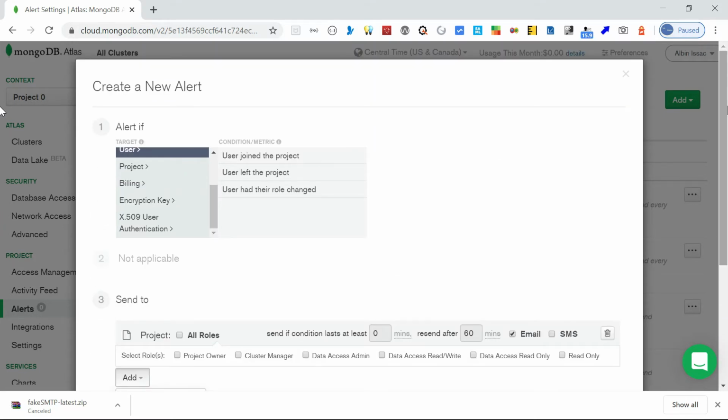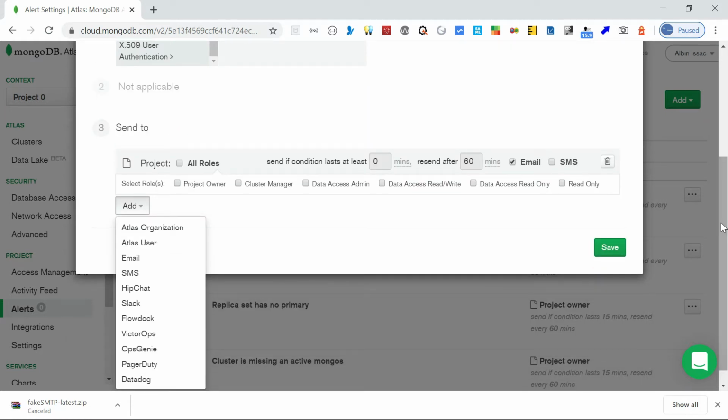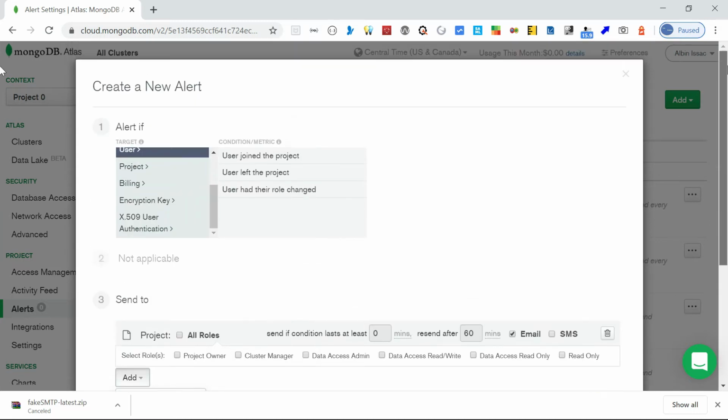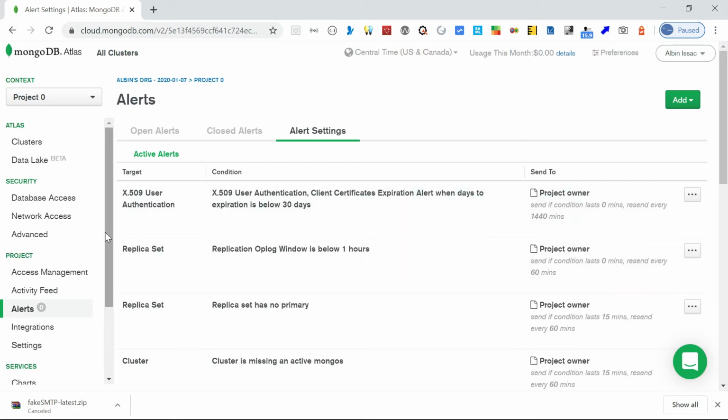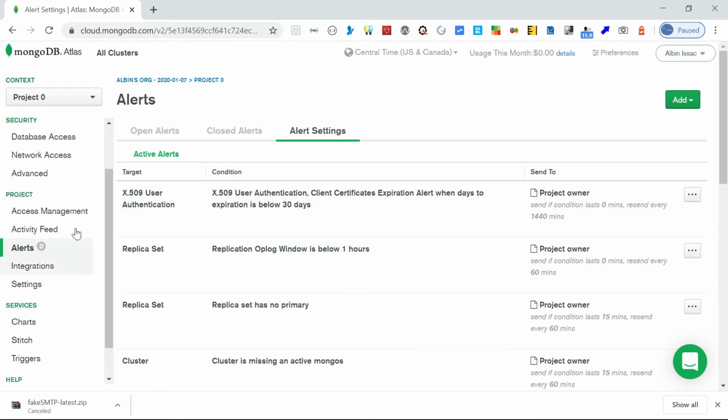Now let's see how to configure webhooks to receive the project level alerts in an external application. Sometimes you may have scenarios where you need to receive the alerts in an external application. Whatever methods we have seen send it either to email, SMS or some collaboration tools. But in some cases we may need to receive this in our external application through a webhook. So let us see how to configure it. Right now, if you see those options, there are no webhook options. That is because we have not enabled any webhook. So let us go and do that first.